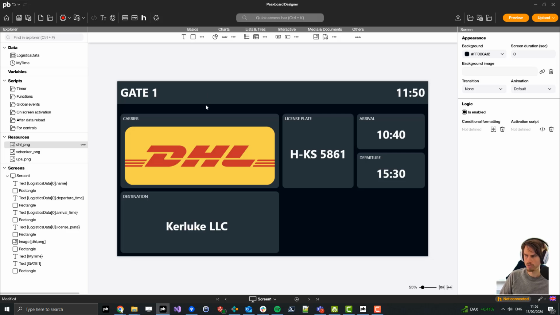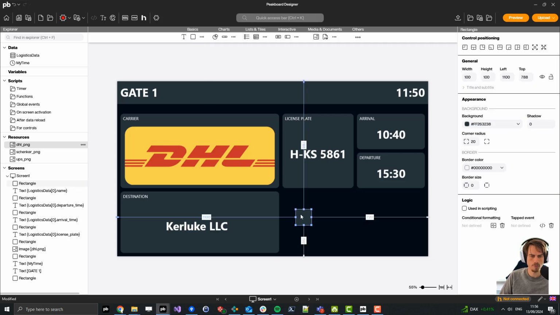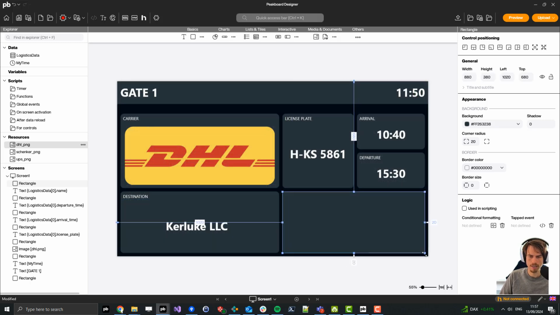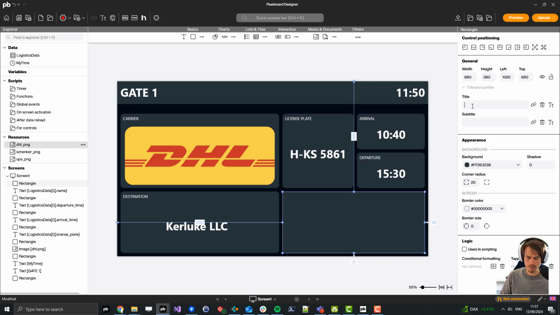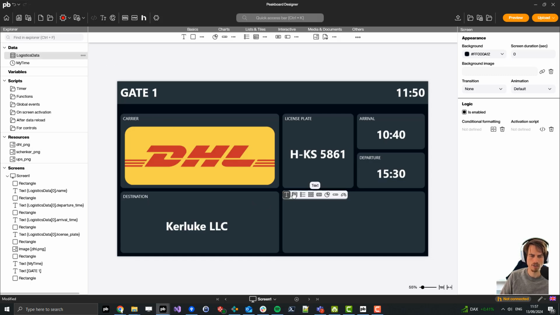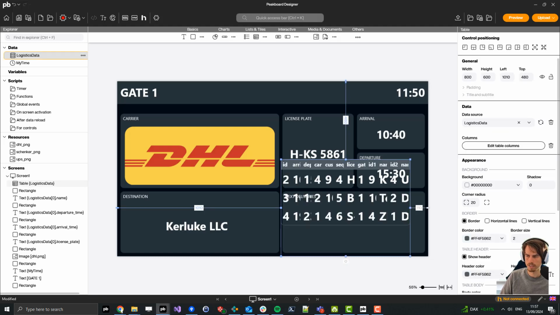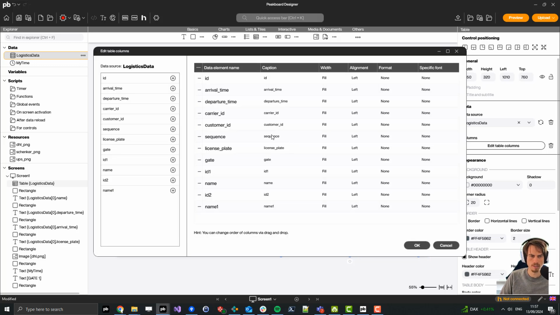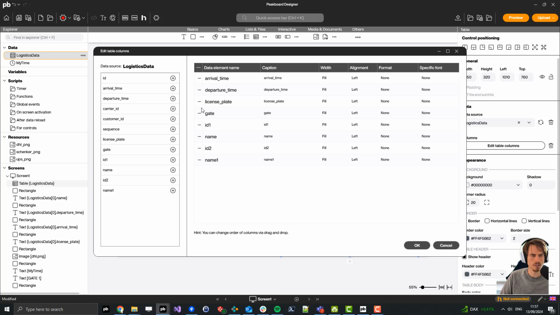The last thing I want to do here is to add one more rectangle on the bottom right to show the next carriers coming in. So for this again I add a rectangle here and give it a title, let's call it next deliveries, and here I just add this data source by dragging it on the screen, and here I select a table. So it's not very beautiful right now, so first we need to select the columns we want to show here by double clicking them, and I just want to show the arrival time, the departure time, and